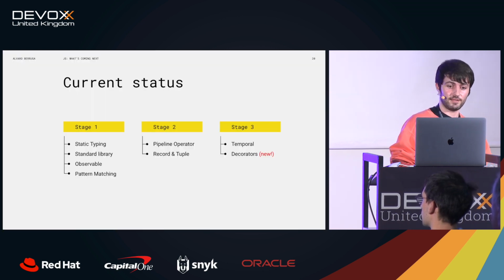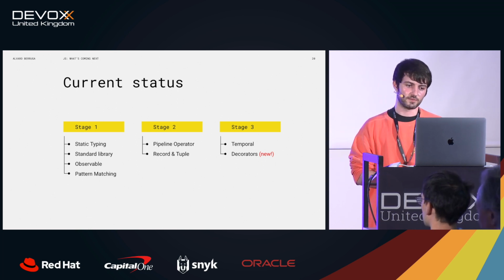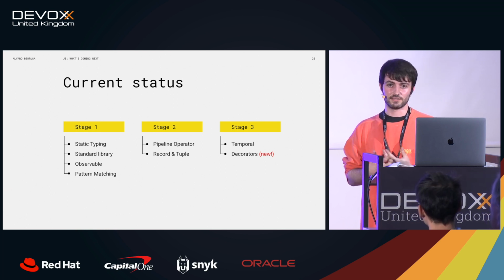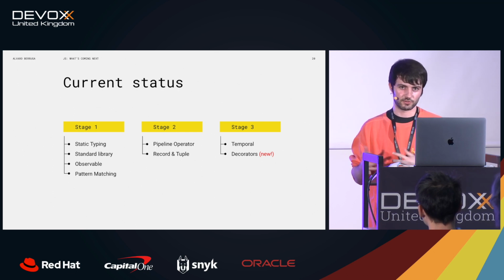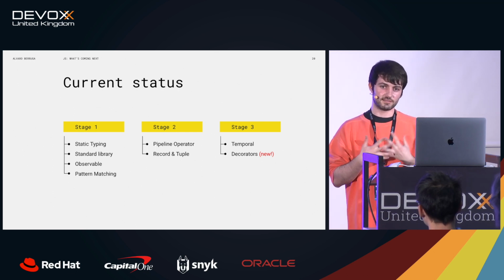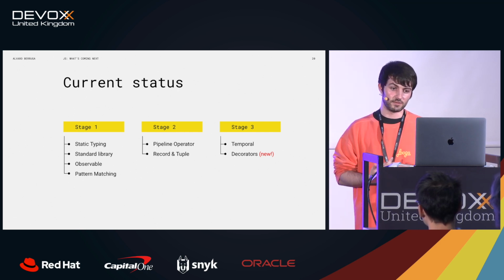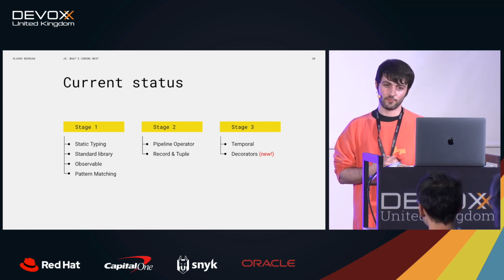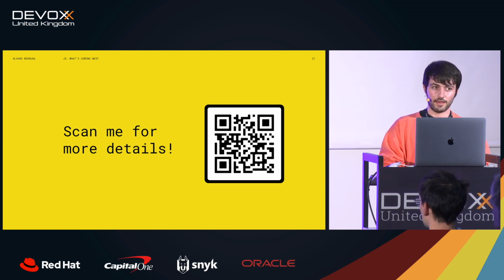As of today, as you can see, some of the ones that I mentioned, static typing, the utility libraries, observables, that is the push-based data sources, and pattern matching are right now in stage 1. So there's a lot ongoing. Right now, they are trying to guess the right solution, so it's work in progress. In stage 2, we have the pipeline operator and records and tuples. So we can expect that they will take a little bit, but temporal and decorators are already in stage 3. So hopefully we'll be able to see them really soon in ECMAScript 14 or 15.